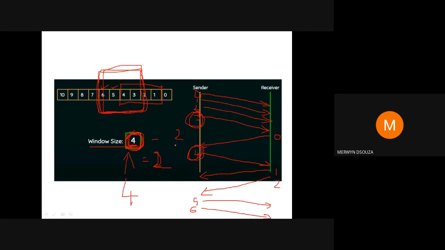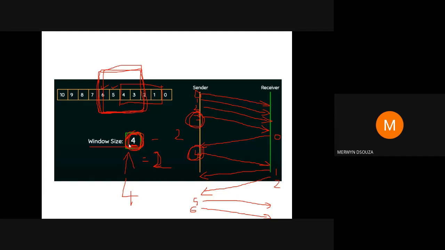When one more acknowledgement comes, the number of packets for which it is waiting for acknowledgement is less than the window size. When the number of packets that it is waiting for is less than the window size, you can transmit that many more packets. And when the packets become equal to the window size, it has to wait for acknowledgements to come. Are you getting the point how the sliding window is working?